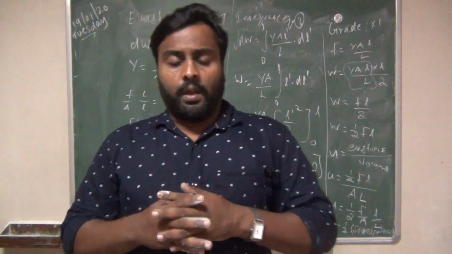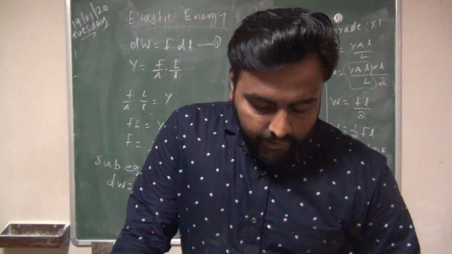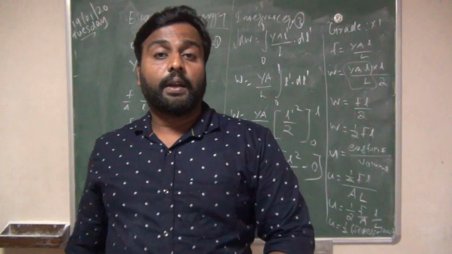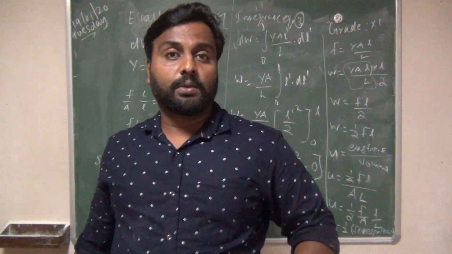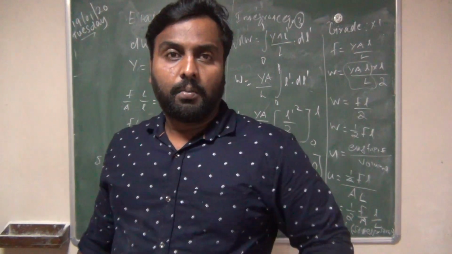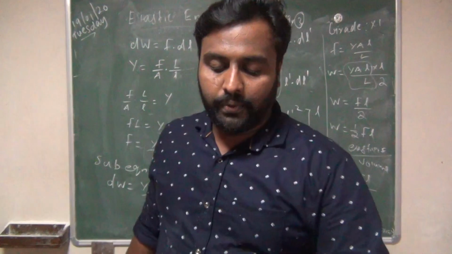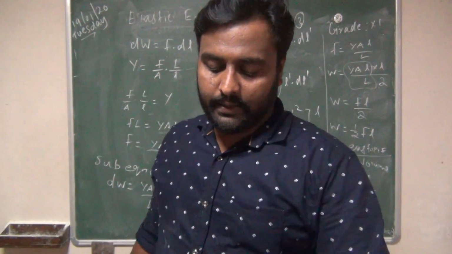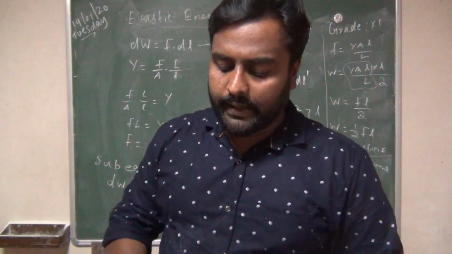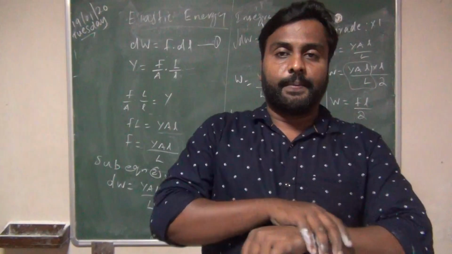And you can use the textbook page number 58, Poisson's ratio. It is a very important 3-mark question. You have to just write the definition and this formula, Poisson's ratio, and the derivation on page number 59, the elastic energy derivation. You have to practice this derivation. And the next is the application of elasticity.